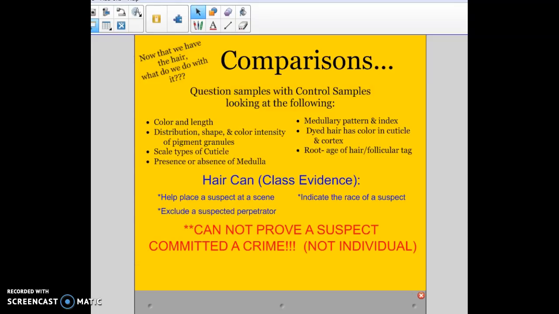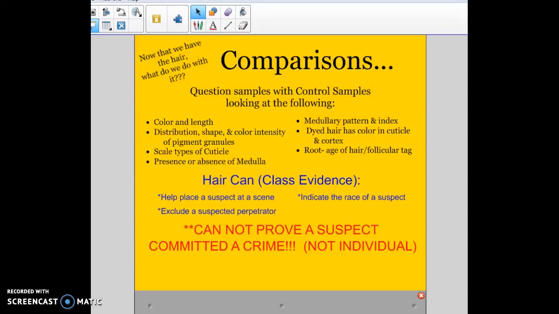Hair is only class evidence. Hair is not individual. You can help place a suspect at a crime scene, you can exclude perpetrators, and you can sometimes indicate race depending on the shape of the hair, but that's about all you can do. So you can say, okay, I had 3 suspects, I had a blonde, I had a brown, I had a red hair, and at my crime scene I found blonde hair. So you could automatically exclude